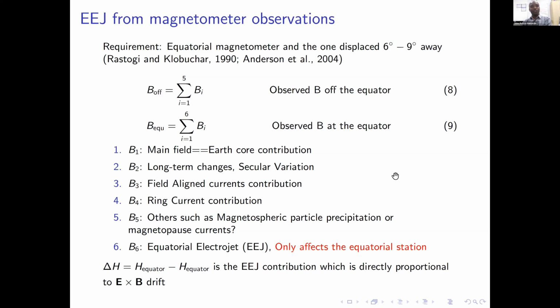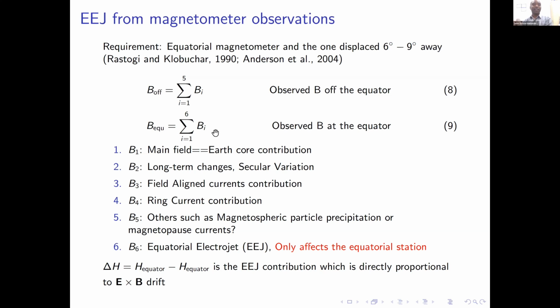What you need is a pair of magnetometers, one at the equator and one just off the equator by about 6 to 9 degrees. And as we know, the one at the equator is going to respond to a number of current systems, including the equatorial electrojet, while the other one, which is off the equator by 6 to 9 degrees, is going to respond in approximately an identical way to the one at the equator, but